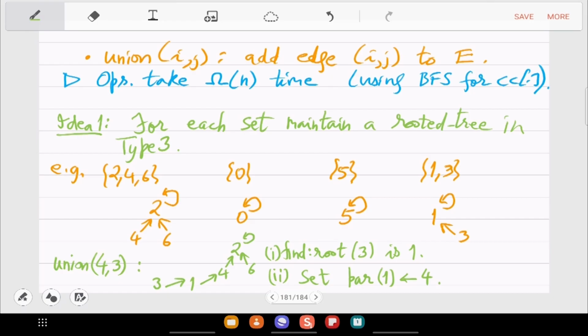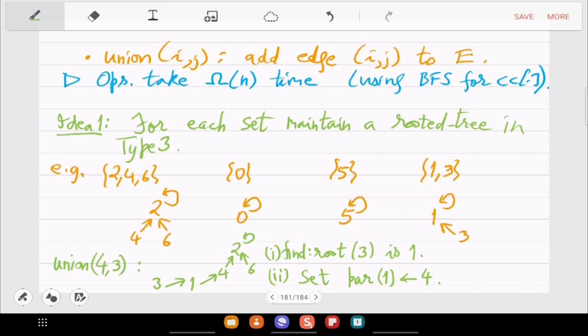So n sets, you start with that and then you are allowed to take union. Union is an update operation, and same set is a query operation, which is just to check whether i and j are elements of the same set.